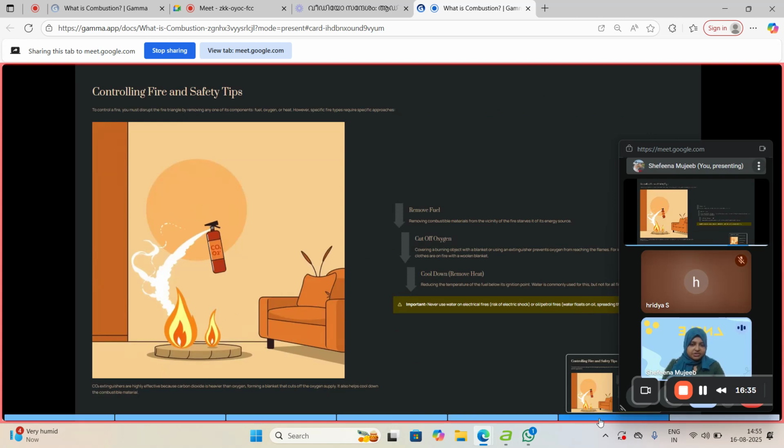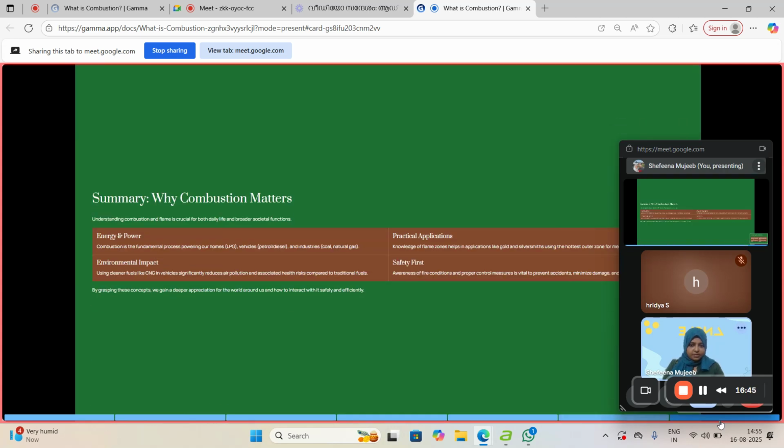Then we come to the safety measures, that is carbon dioxide extinguishers and water extinguishers, etc. Then the importance of combustion and the importance of environmental